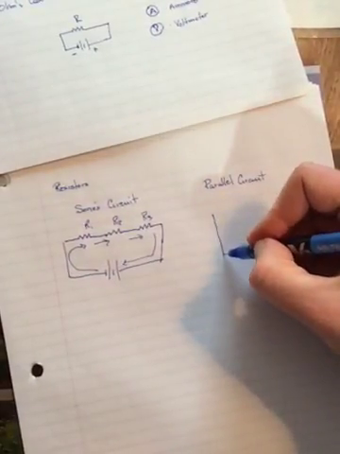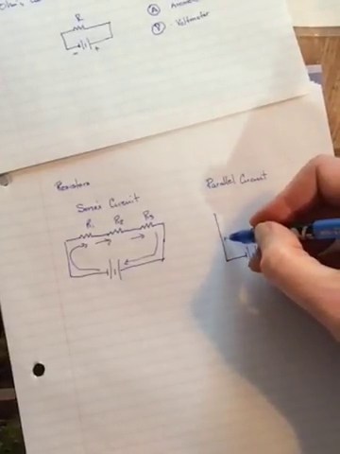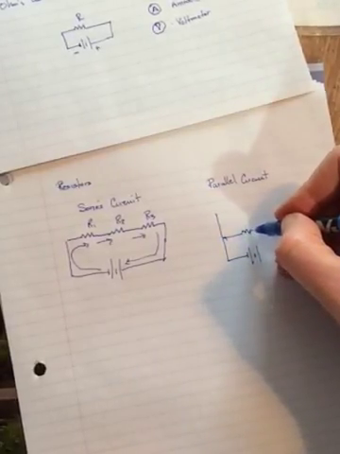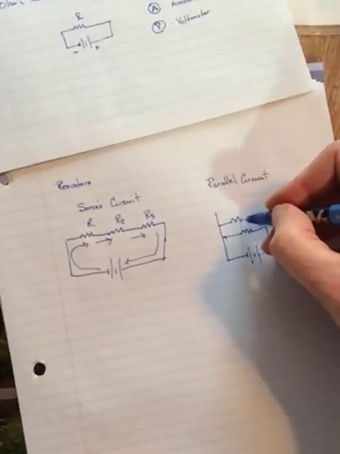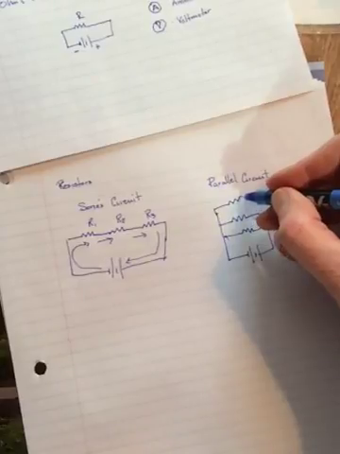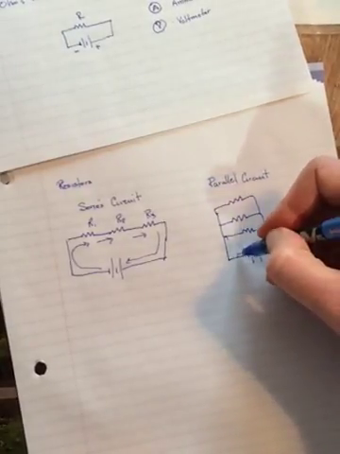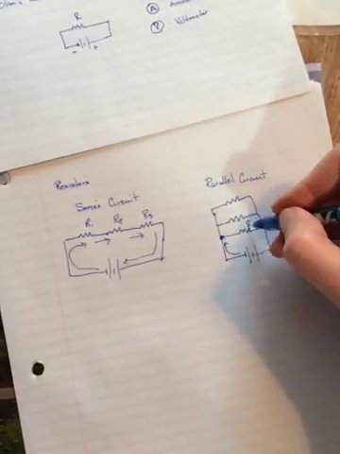In parallel, it's different. In parallel, there's a choice. There's a fork in the road, a junction in the circuit. And so the little electron dudes that are flowing in this circuit have a choice. When they get to this spot, some of them will choose